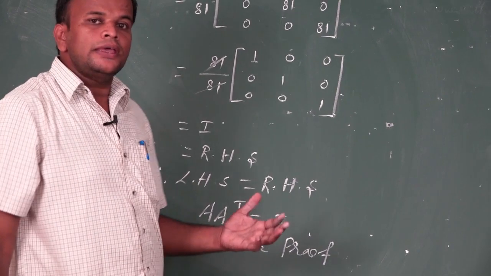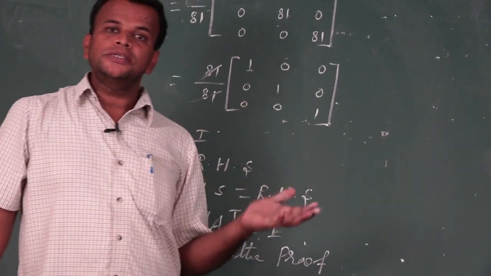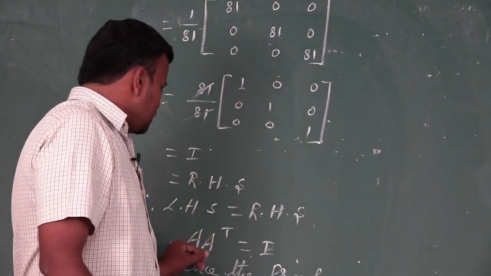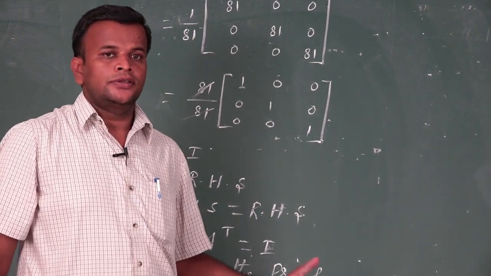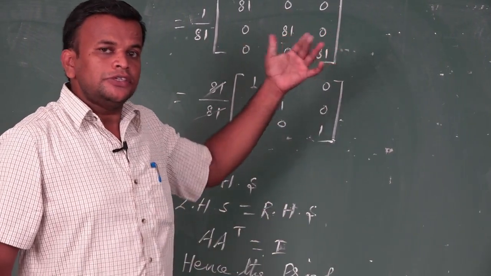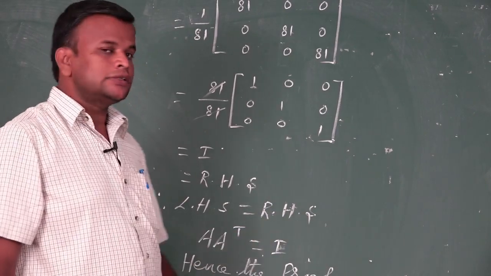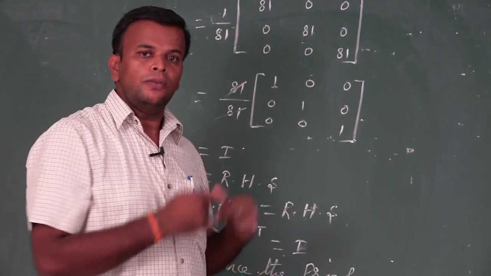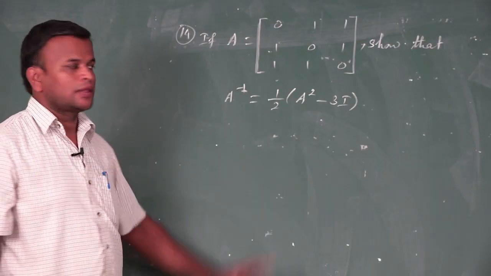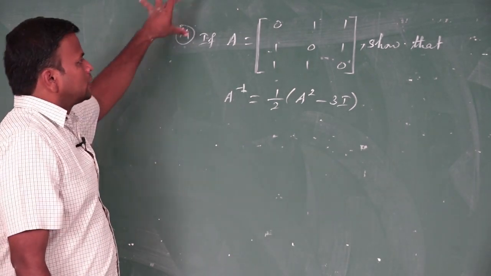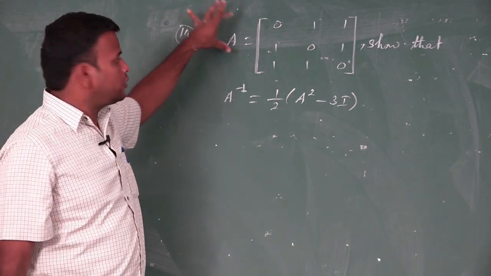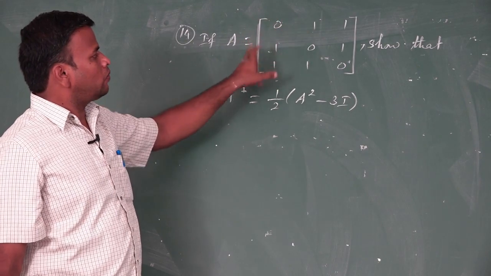To prove A inverse is equal to A transpose, it is enough to prove A into A transpose is equal to I. We will take LHS, we simplify, we get the RHS. Therefore, the given proof is also proved. The next one, if A matrix is given, the value of A is 0, 1, 1, 1, 0, 1, 1,